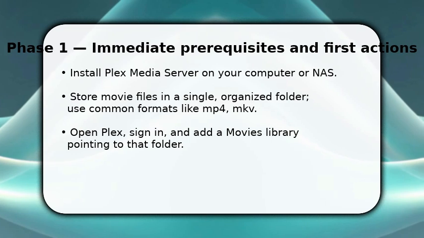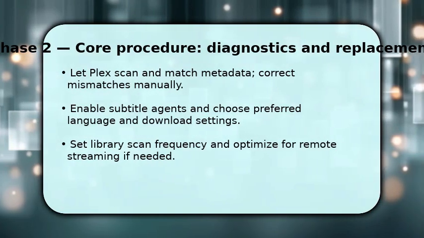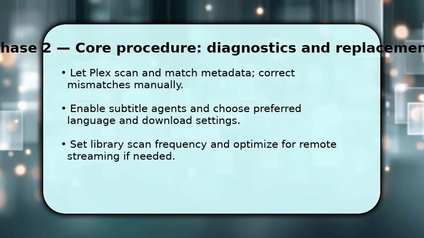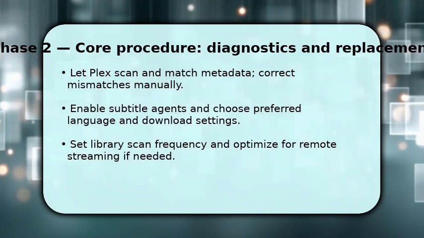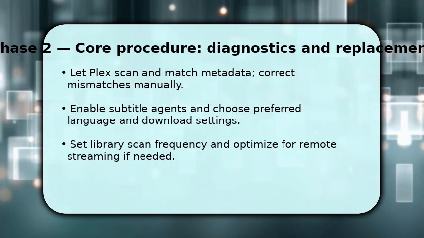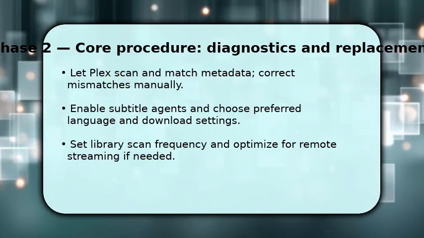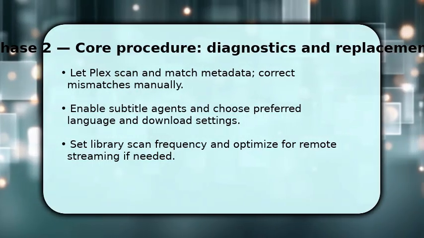Now you let Plex analyze your collection. Trigger a library scan so Plex matches titles, fetches posters, and creates chapters. If a movie is mismatched, you, the viewer, can correct it, edit metadata, or set the correct match to ensure